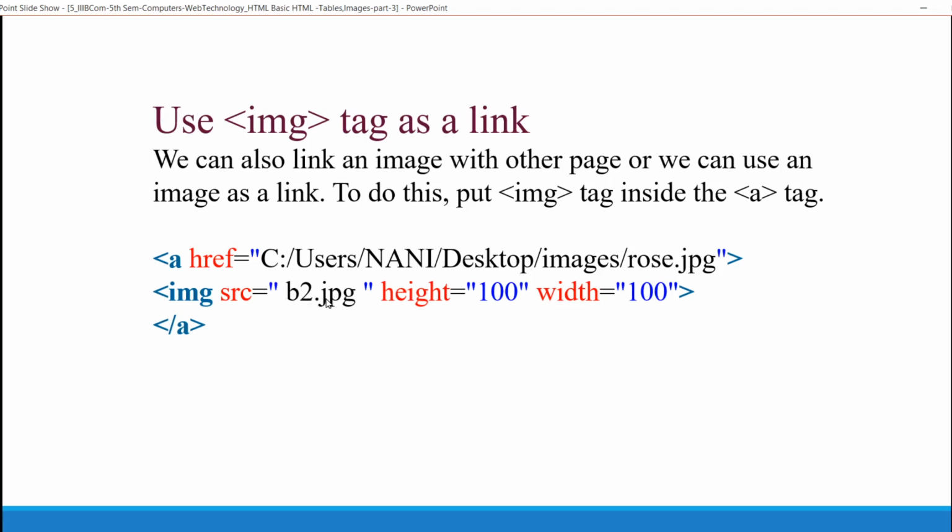If I click on this b2.jpg, I go to the other document. That document displays rose.jpg. For example, this is a baby photo; if I click on this baby photo, it goes to the rose image page. That is, we can use an image as a link. The image is placed in between the anchor tag.